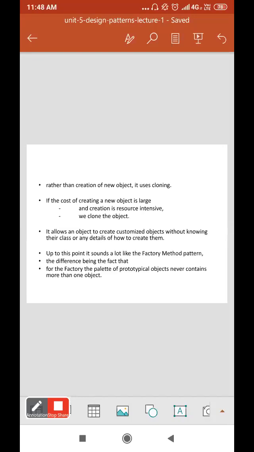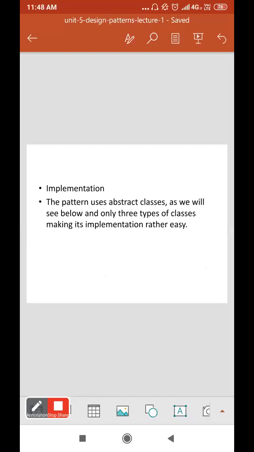Means in most of the other patterns, we don't want more than one object. So in this one, instead of creating new objects, we can use the clones of it. The pattern uses abstract classes for implementation. As we'll see, only three types of classes, making its implementation rather easy.